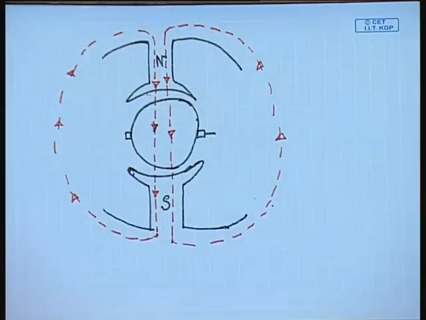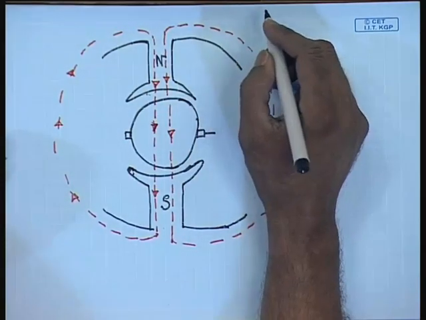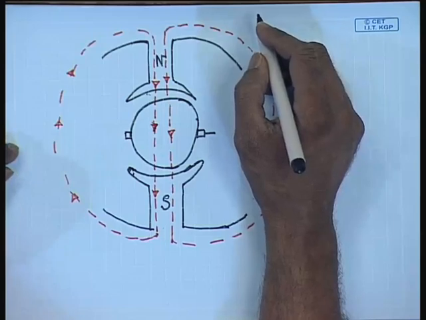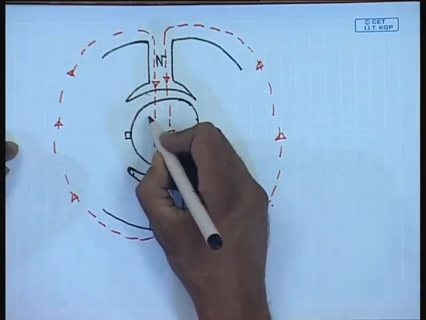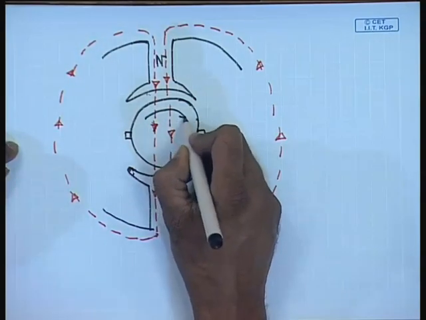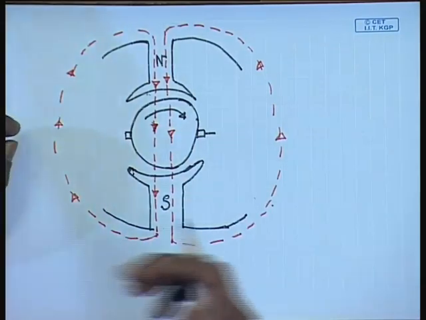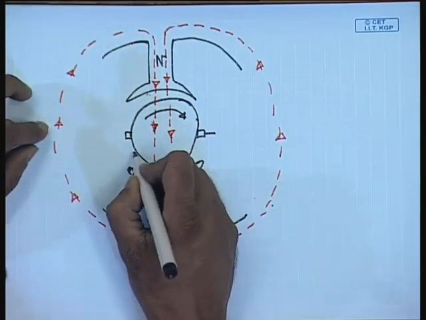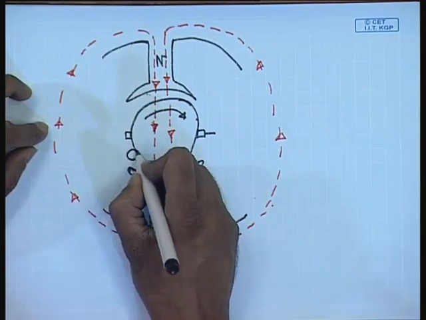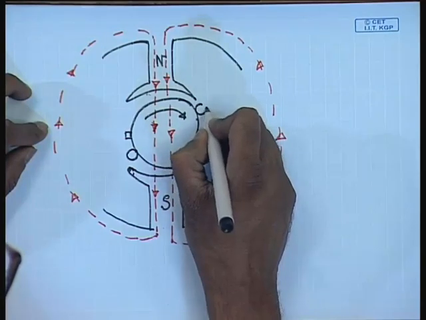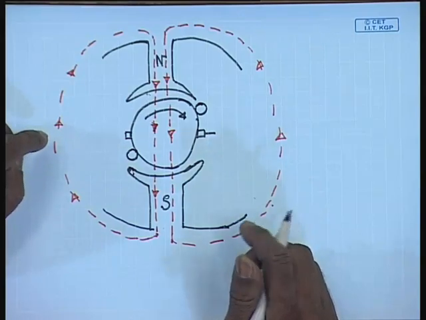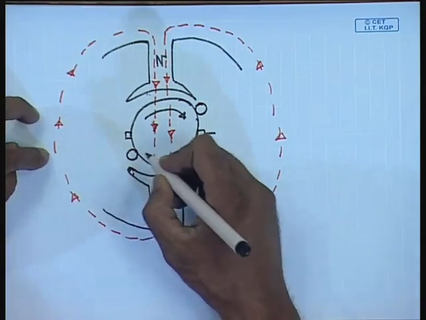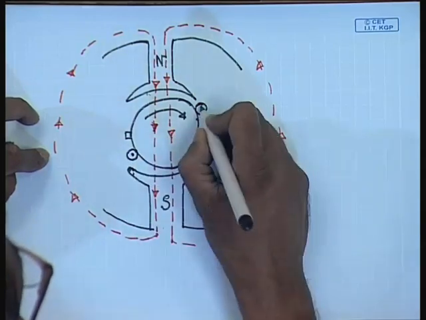This is the main flux. Let us say in the generating mode, the direction of rotation is this. In which case, if we take two armature conductors, the polarity of the currents will be this dot, this cross,